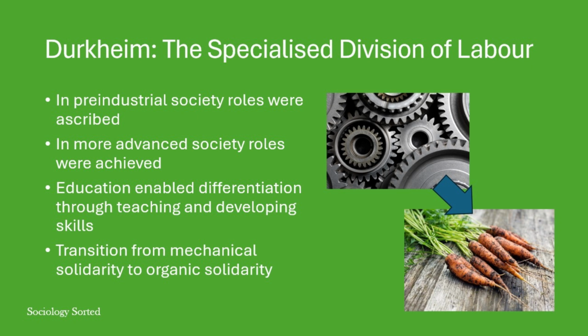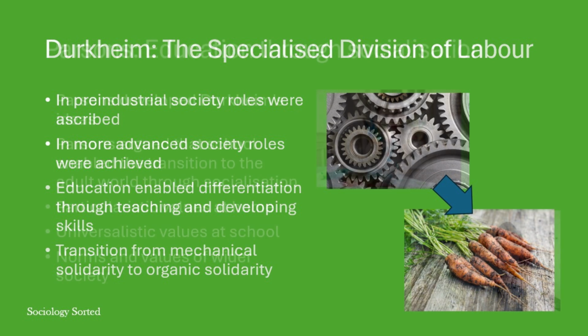In pre-industrial society, there was what Durkheim referred to as mechanical solidarity. The majority of people did what their parents had done for a living. Their role was not something they had worked for. Most people were poor. Hence, there was a sense of people being equal and the same. In more advanced societies, Durkheim argued that there was more of a situation of what he referred to as organic solidarity. Our social solidarity was based on our interdependence. The dentist relied on the mechanic to fix their car, and the mechanic relied on the dentist to look after their teeth. The idea of social solidarity was achieved through people relying on each other.